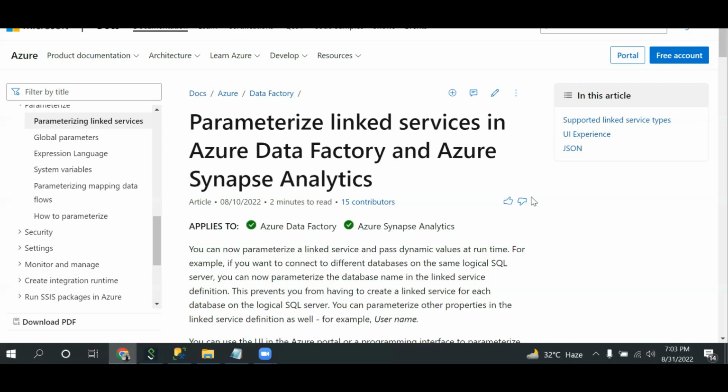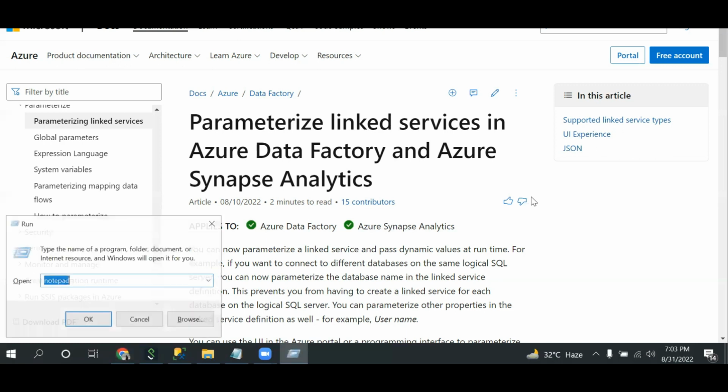So basically, linked services we have already talked about in our previous video. It is nothing, just a connection string to connect from the dataset to your data source. It may be SQL Server, it may be cloud, it may be Excel. Now let's suppose we talk about a real-time scenario or any data warehousing project where we have